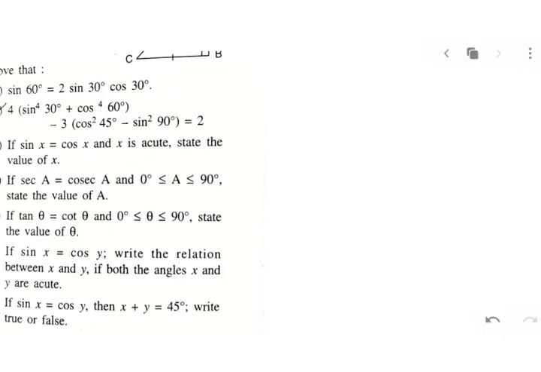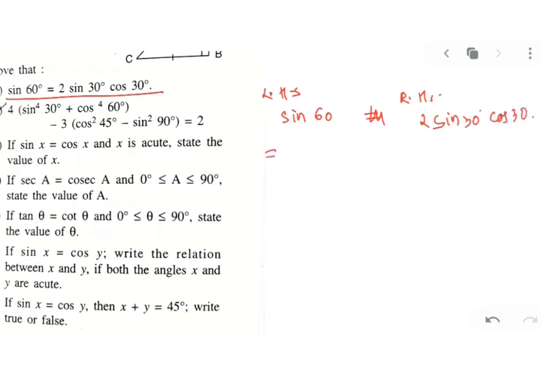Next, my dear kids, you have proving again. As usual, you have to prove your left hand side and right hand side separately and get the answers. I'll put it sine 60. I'm taking your first problem. Should be equal to, so sine 60 is my left hand side and my right hand side is 2 sine 30 cos 30. So sine 60, I'll put the value directly. Sine 60 is root 3 upon 2. I'll keep it aside and I'll solve right hand side.